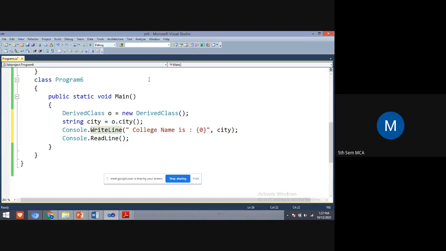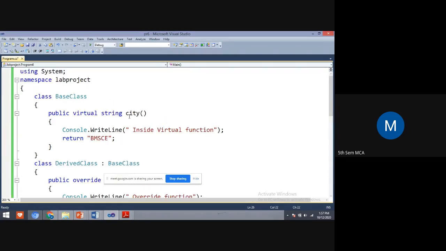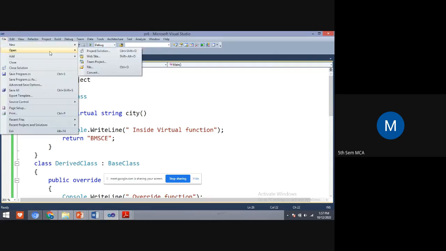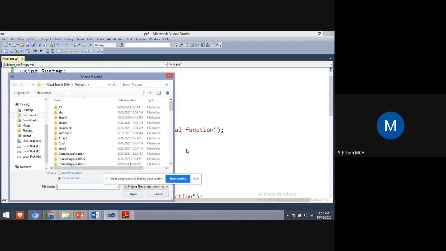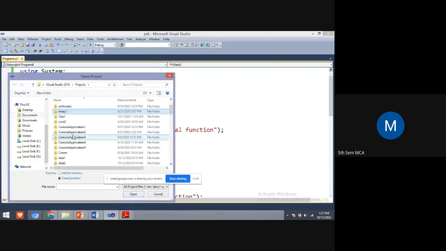Students, I have already explained these concepts in the theory class. It is not necessary that you execute the same program in your lab internals. There is one more program I explained in your regular class when explaining virtual and override. That program also I'll show here, and you can write it for your test.